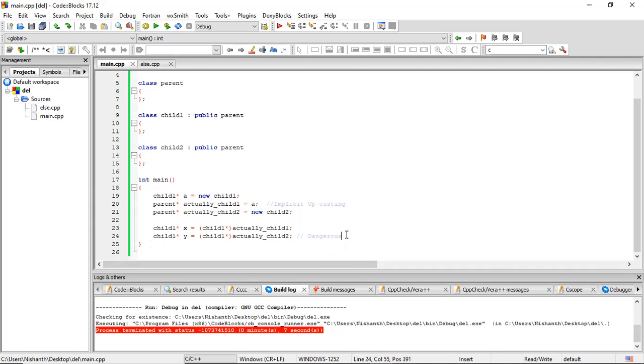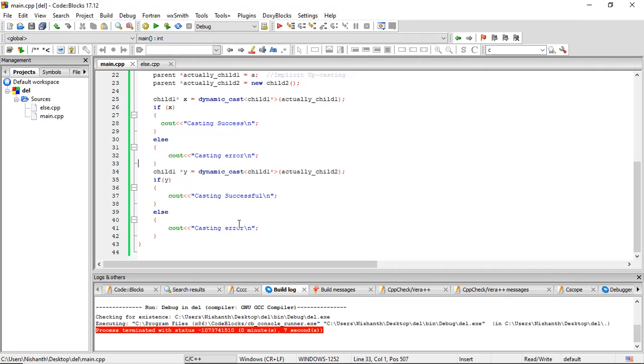I say it's dangerous because sometimes it might work, as long as child1 and child2 have functions with the same name, or there is a function in parent. But there are cases wherein there is a data member or a member function that is unique to child1 and not child2, then the program might crash, and that is not something we would want. We could overcome this using dynamic casting. Let's see how.